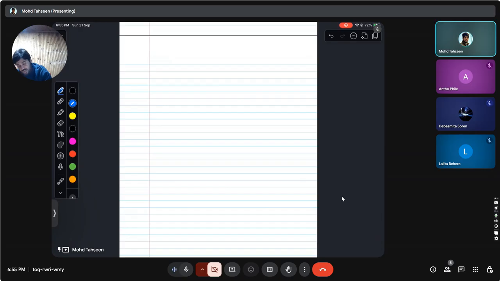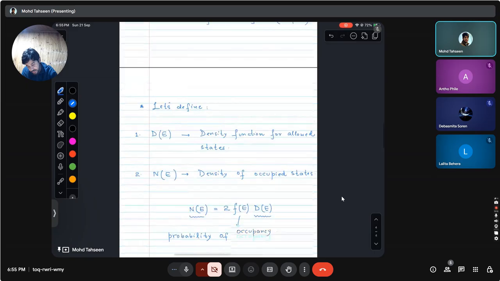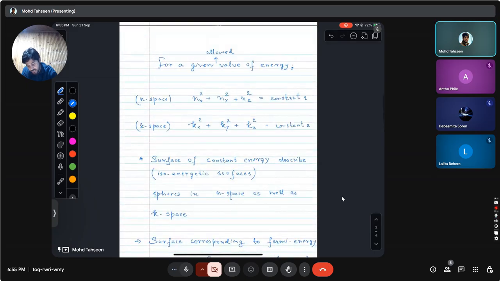So what will be the volume of this outer sphere? It will be 4 by 3 pi r cube. Now where do I get the r, the radius of this sphere? Where do I get radius squared? This is the radius squared, because x square plus y square plus z square is equal to r square. That defines a sphere of radius r in the xyz coordinate system. So r square will be equal to the sum of these squares.